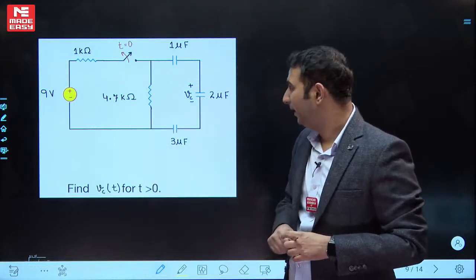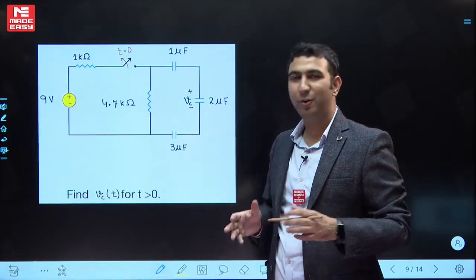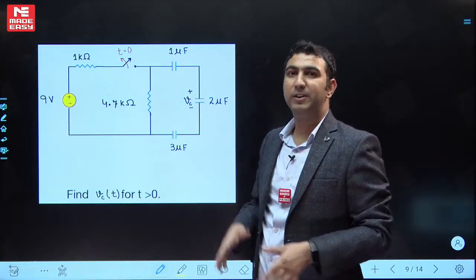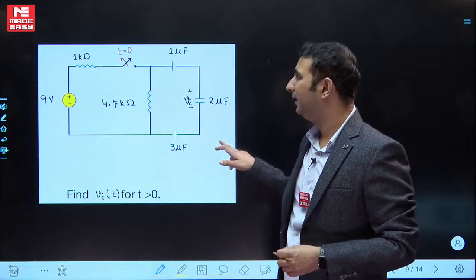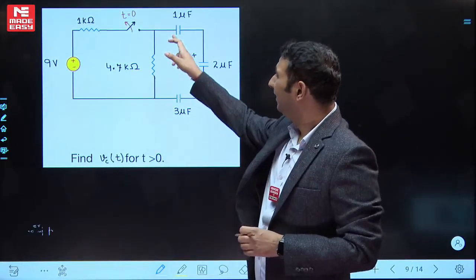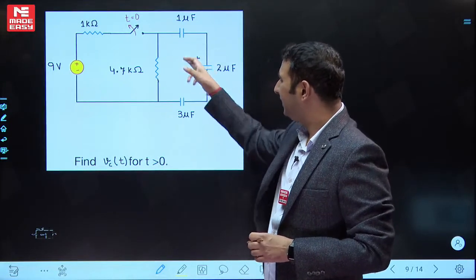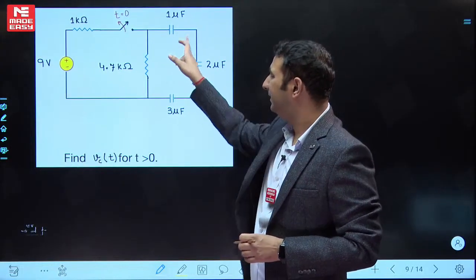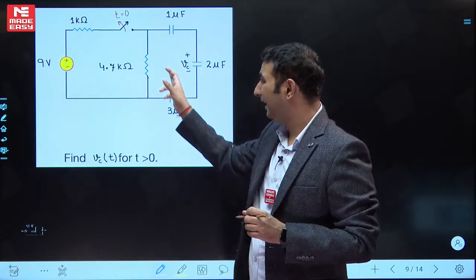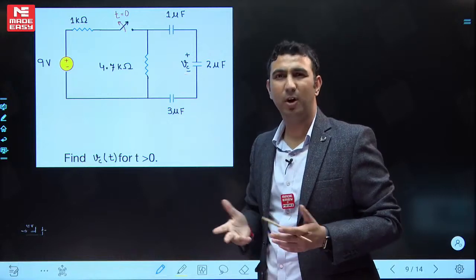Let's see this question. Sir, what's the difference in this question? 3 capacitors. And I don't know why students are always uncomfortable with these kind of questions, so they quickly jump to Laplace. It's okay, but still, how to handle this kind of question, have a look. What I'm thinking is that if I can calculate the voltage across this combination of these capacitors, ये तीन series में हैं, I can combine it into a single capacitor, and if you calculate the voltage across that combination, then by using the voltage division rule we can calculate Vc, not a big deal.